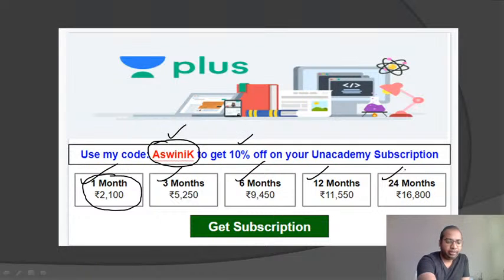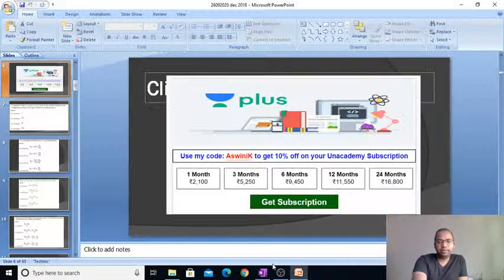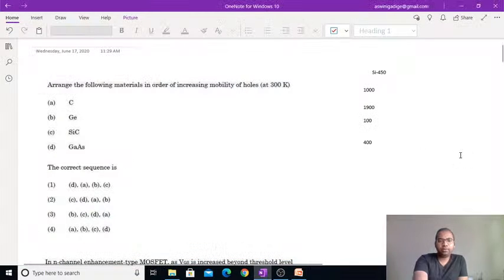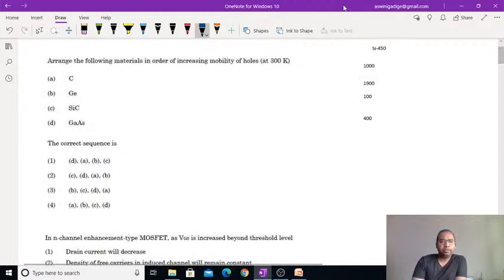Now coming to the present session. In this session we are going to see a few questions from December 2019. So the first question is,